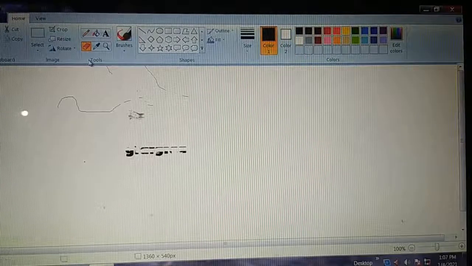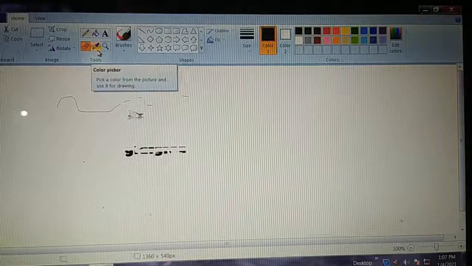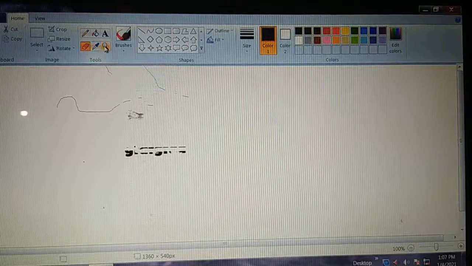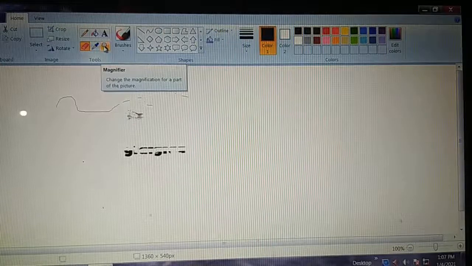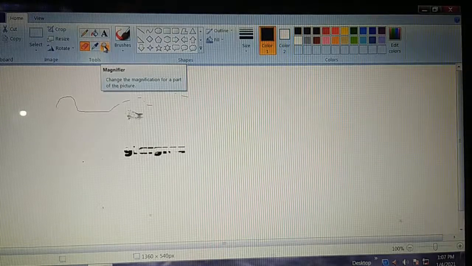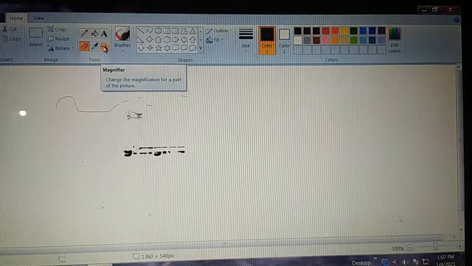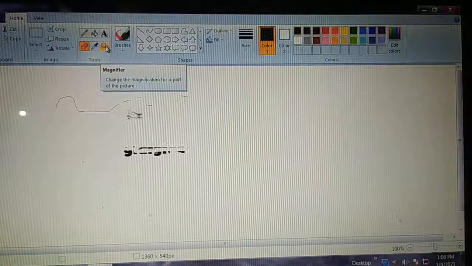We use the color picker to pick color from the drawing. And this is the magnifier, to enlarge the view of the image. Clear? Okay, this is your magnifier.